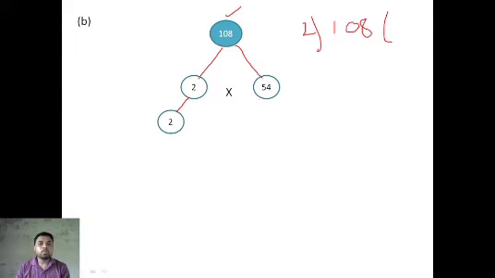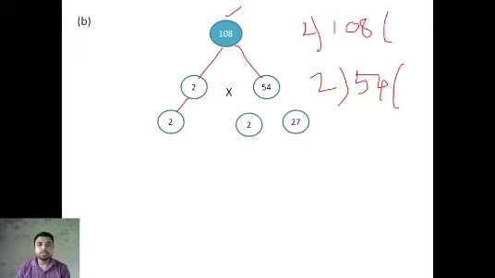Now 54 by 2, can you divide 54 by 2? Yes, you can divide 54. It is an even number. Just do it. If you divide it by 2, it will be 27. So give the multiply sign and give this line also. Look, 2 is prime, and here this 2 is also a prime number. So just write it.